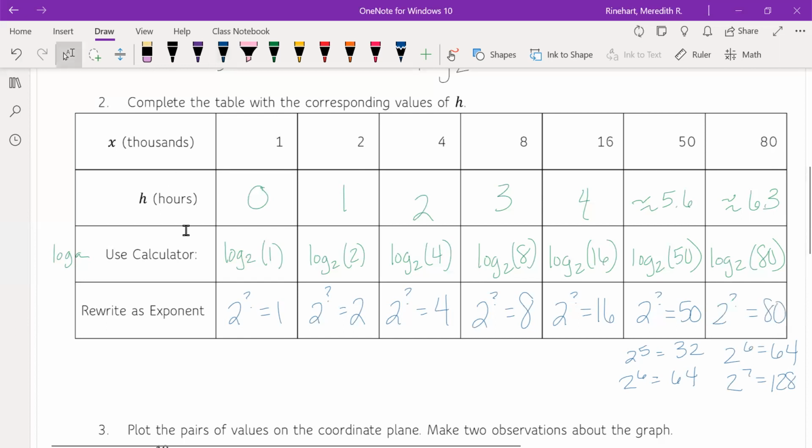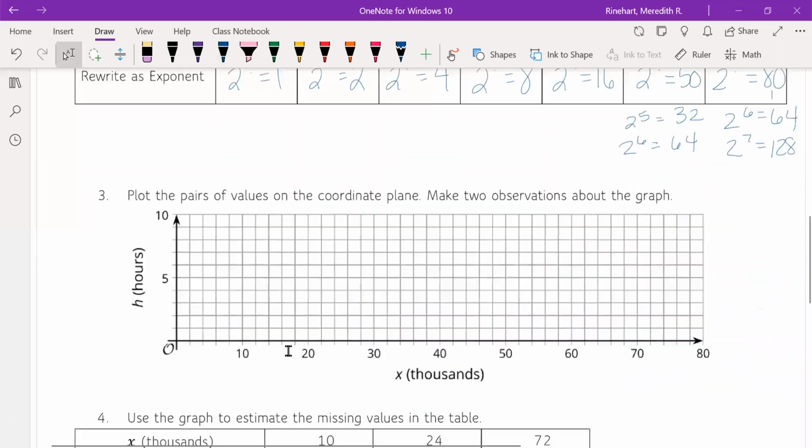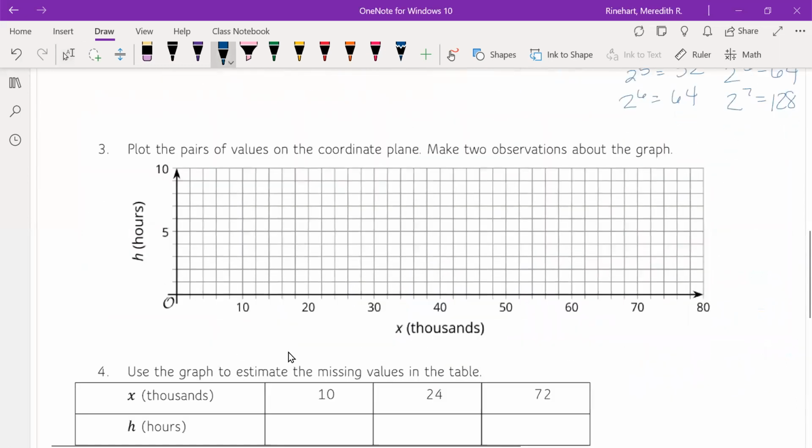Using our x and h values now, can we plot all of our pairs on the coordinate plane? So it looks like our spacing of our x is going to be by 2. And then our y's, our hours, is going to be by 1. So when we plot our points, our first point was at 1, 0. So 1, 0 is going to be right here. 2, 1, 4, 2, 8, 3,